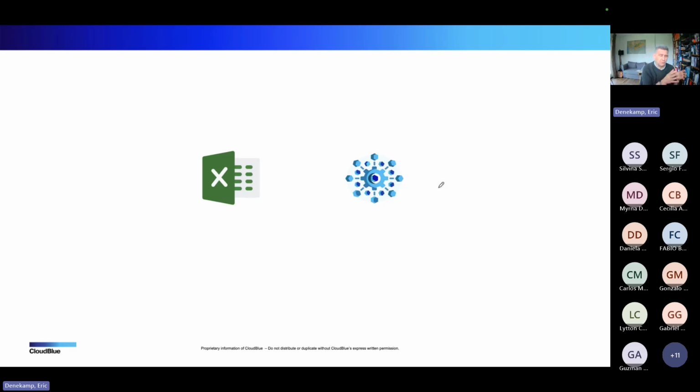If you create a manual product in Connect, you can start selling right away and then slowly work on the automation of that provisioning part. So I would always go for Connect if I would have to create a new product that is in-house.